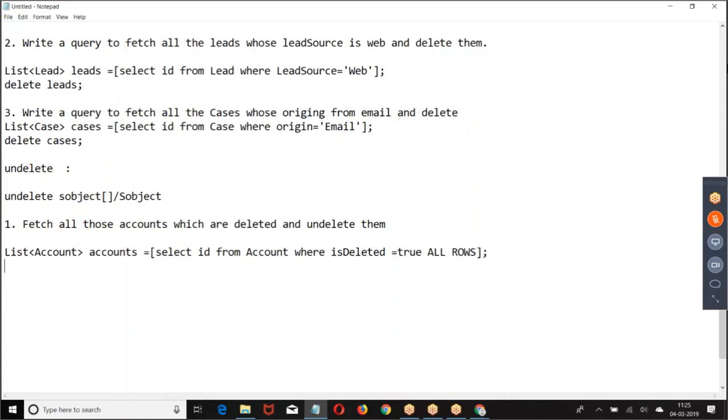When I say IsDeleted equal to true, only those records which are deleted. From all the records, get me only deleted records. Undelete accounts.